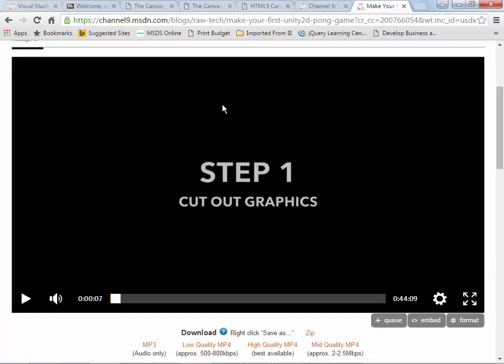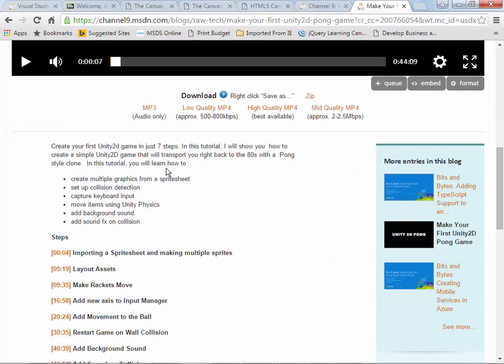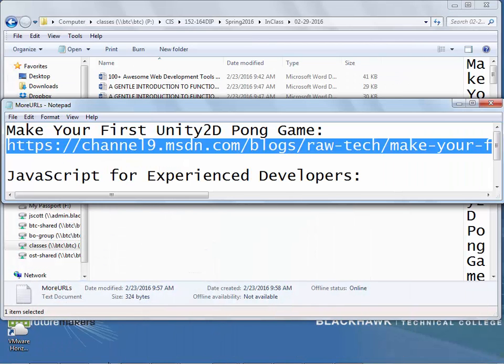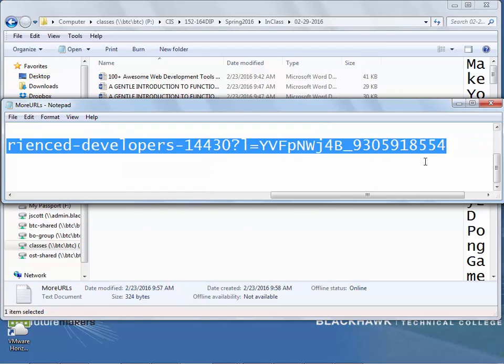So why did I even bring it up? Well, first of all, Pong is kind of an antiquated game, but that isn't the point. When you look through here, they tell you how they go through it, and notice what they talk about: how to restart when you come up with collision. Because the collision detection I did is very minimal. But if you have an interest in that, that's something you might want to take a look at. They also have a lot of different things out there.